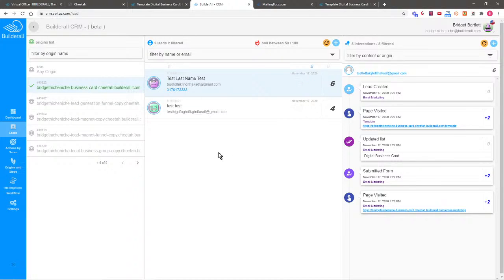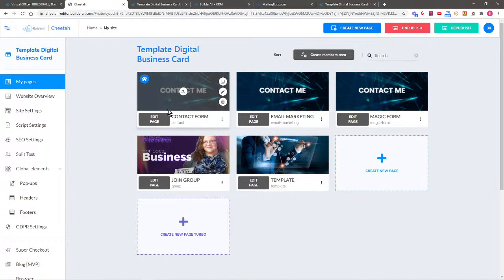And there's so many things that we can edit in this, and maybe on Thursday we'll dive a little bit deeper into the CRM, but I wanted you guys to get today just a real good overview of the differences that you can use the contact form, the email marketing form, and the magic funnel in just this one example. So just this one digital business card that really can